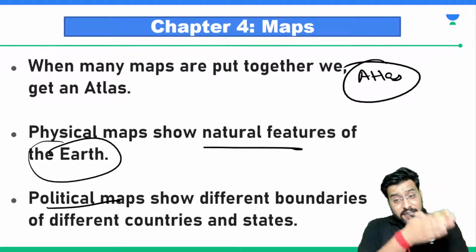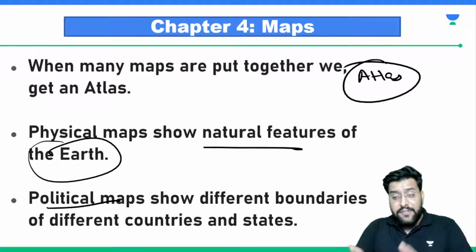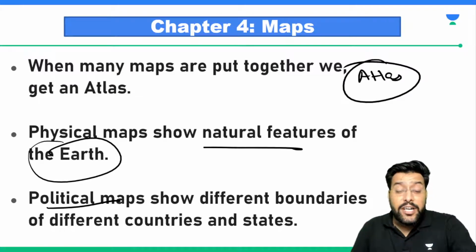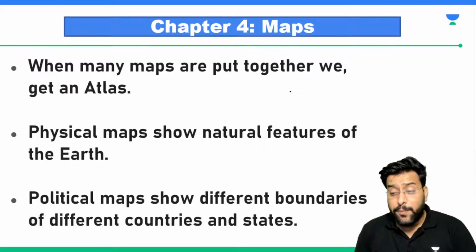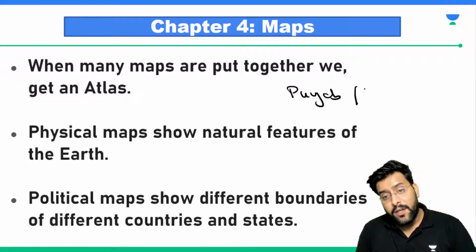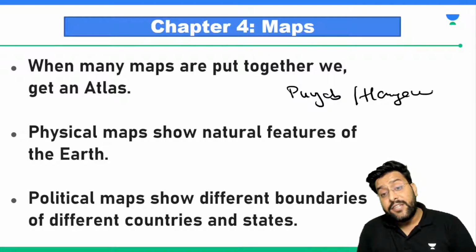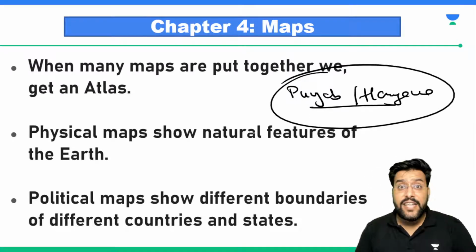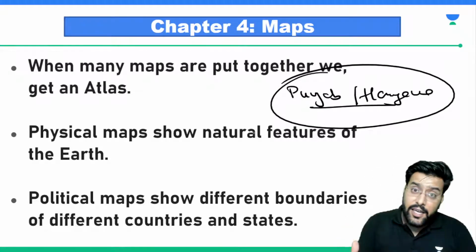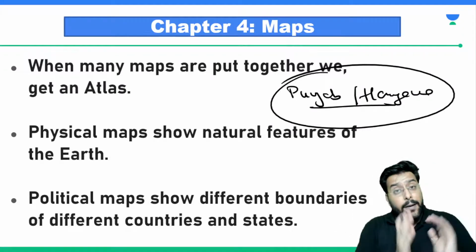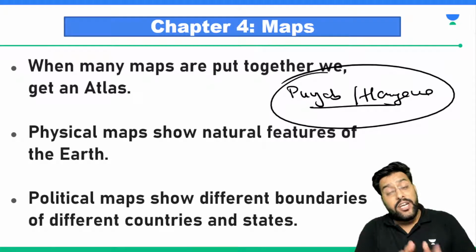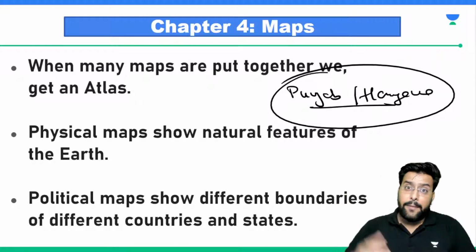But the difference is, you physically visit, you won't find any natural difference. For example, you go and stand on the border of Punjab and Haryana. Do you find something naturally different over there? Is it something that in Punjab you have crops of a different color and in Haryana crops of a different color, or the soil here is of totally different color and in Haryana it is maybe pink?